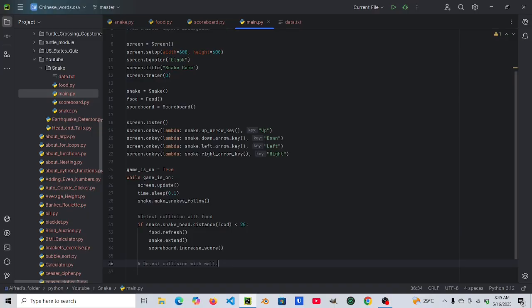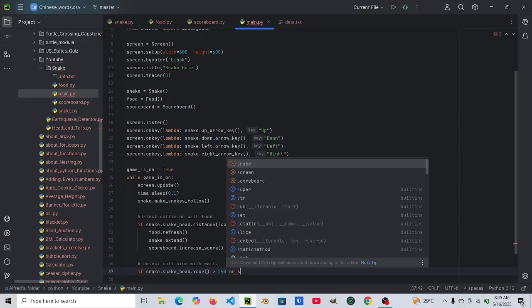So let's say if snake.snakehead.xcor is more than 290,